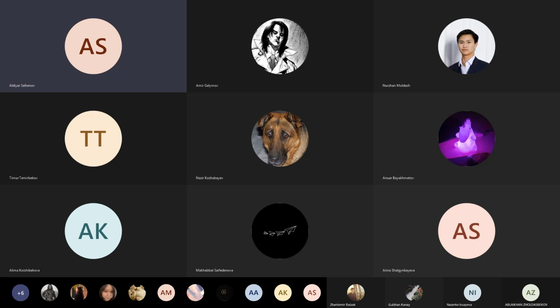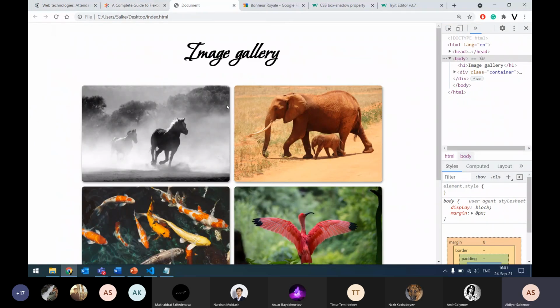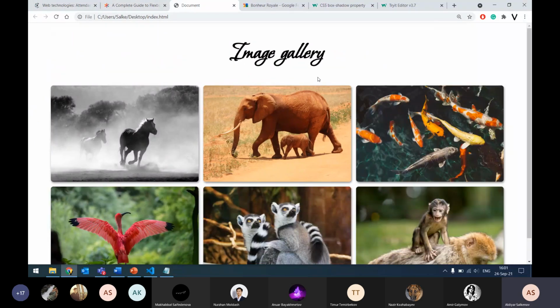Hey everyone, let's continue and let's go back to our page. So this is how our image gallery now looks like. And I forgot to add a few touches here. So let's go back to our code, and I would like to add